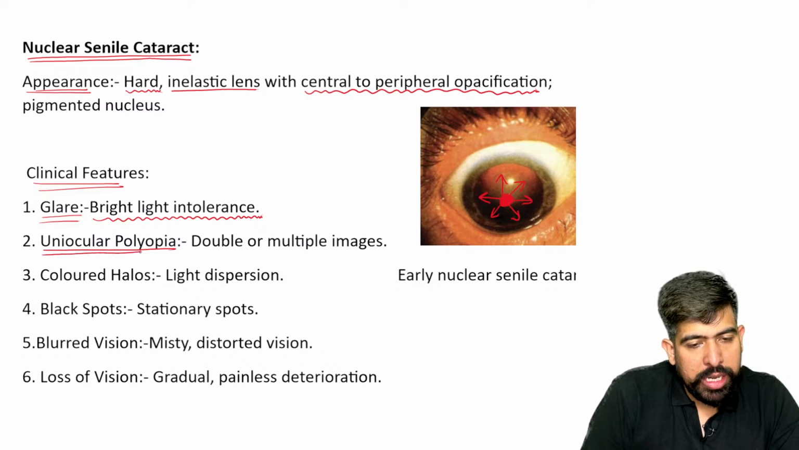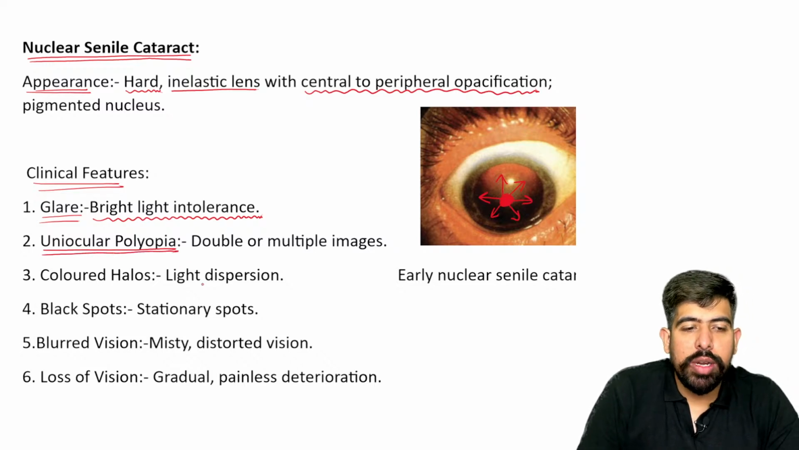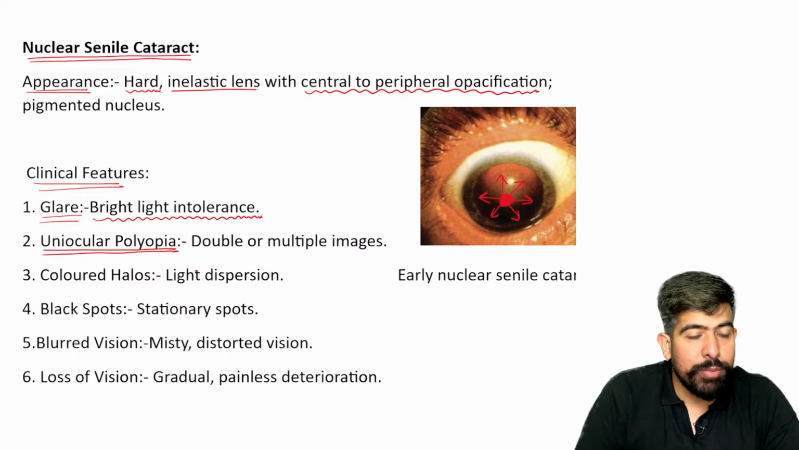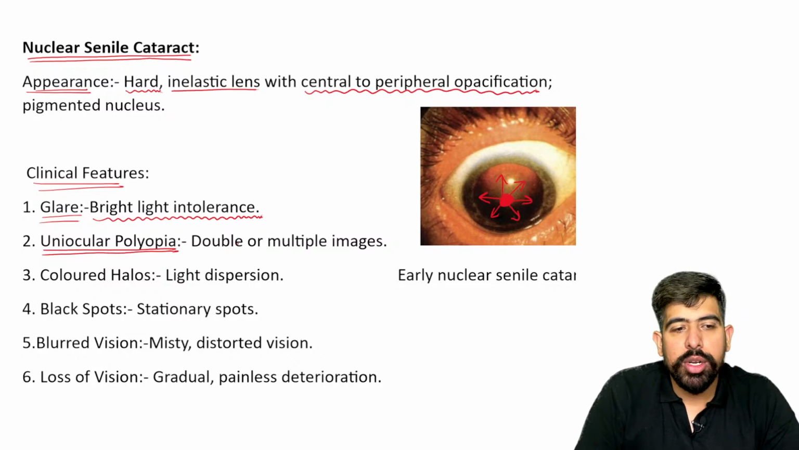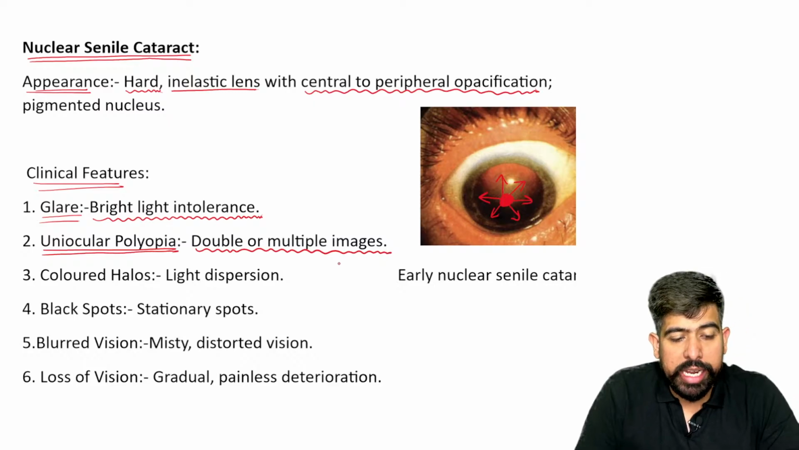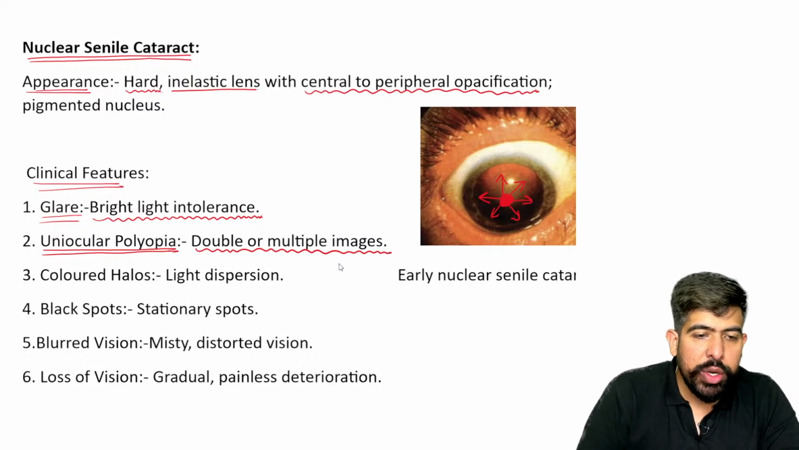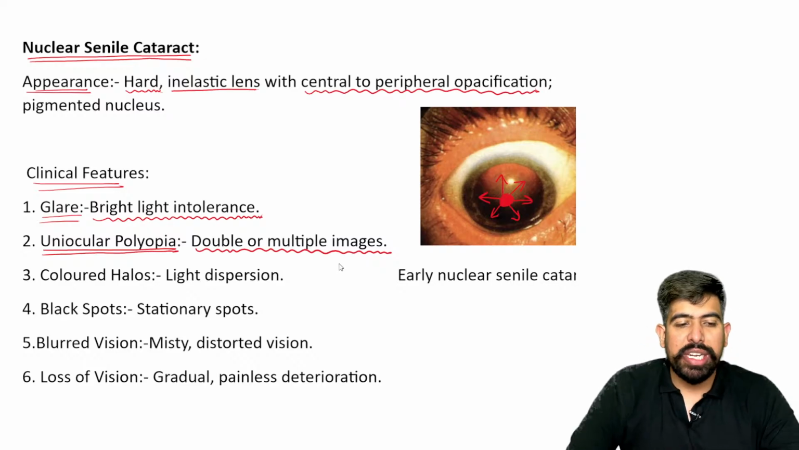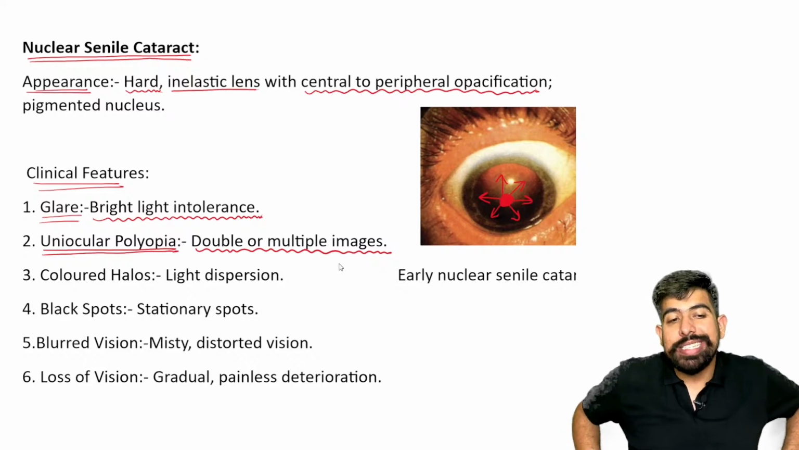The next is uniocular polyopia. What do you mean by uniocular? Diplopia is double vision, but I'm not talking about diplopia. I'm talking about uniocular polyopia. This is double or multiple images from one eye only. It means the eye which is affected, which has this nuclear senile cataract,